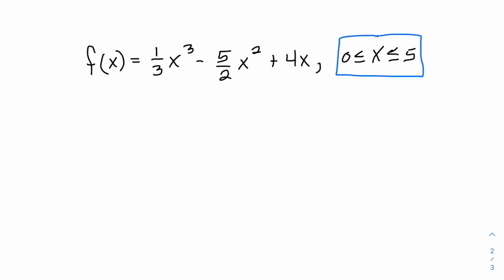So if we remember from the last video, to find your extrema, first you take the first derivative of your function, and we're going to set that equation equal to 0 to solve for those critical points. So the first derivative of this function, we apply power rule, and we would get 3 times 1/3, which we can just simplify. 3 times 1/3 will just be 1. So this will end up being just x squared